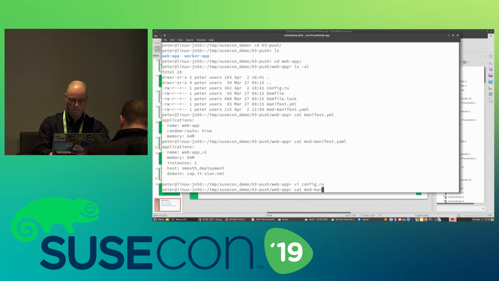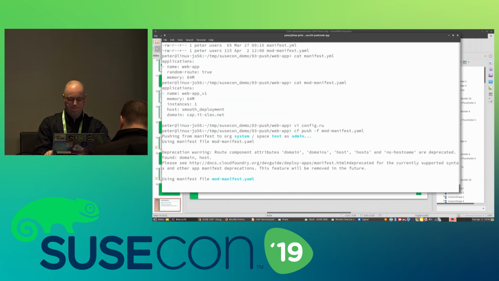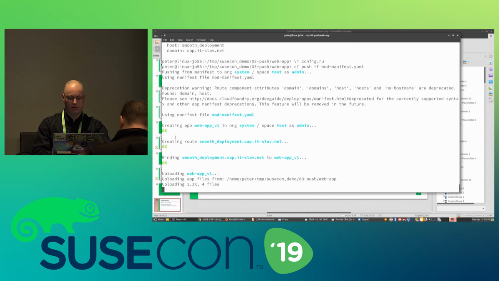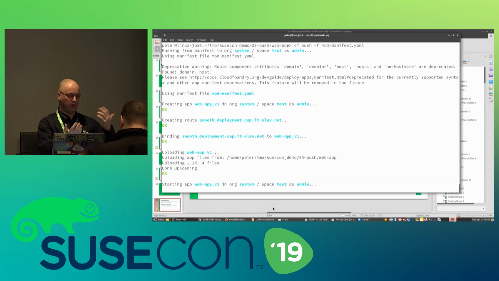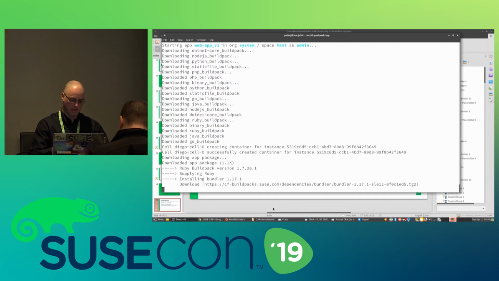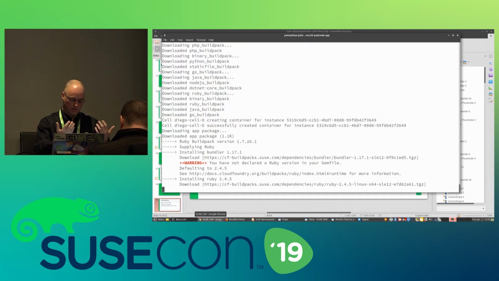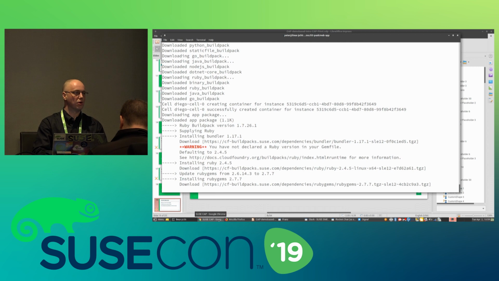Yeah, I did. So what I do now is cf push -f to tell that it's going to use my modified manifest. And as I told it to have a new name, it's going to be created as a new instance. Cloud Foundry doesn't know that I already pushed the same application more or less. So it detects it as, or treats it as a new application.